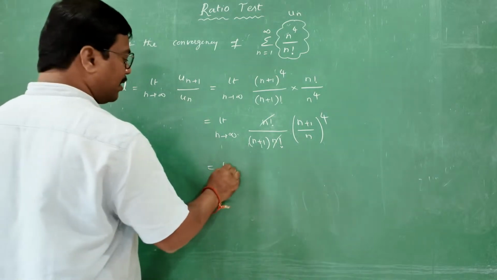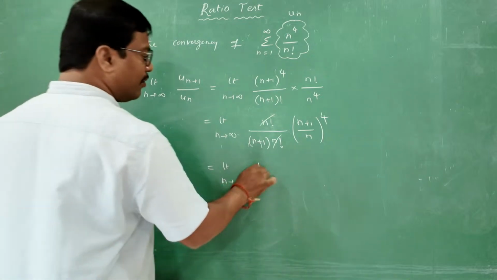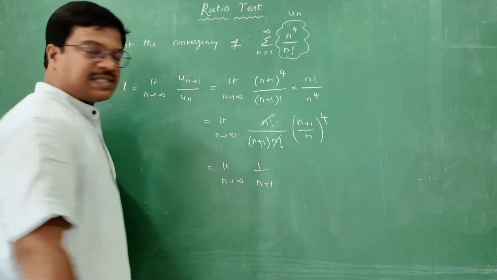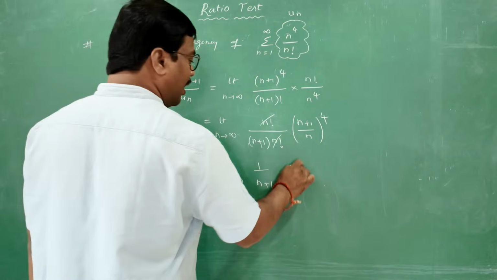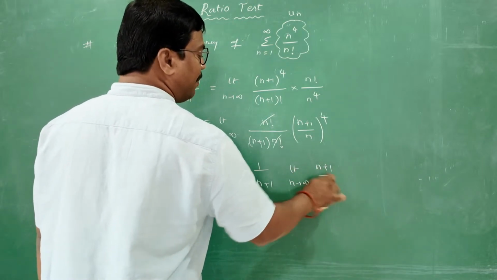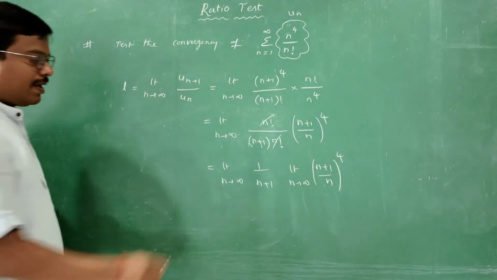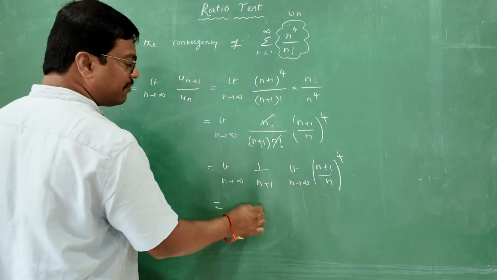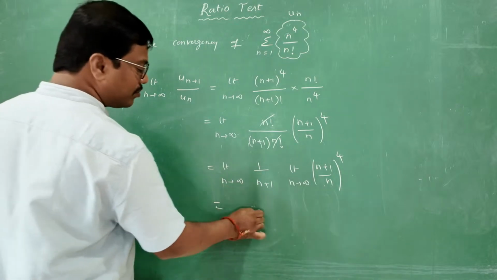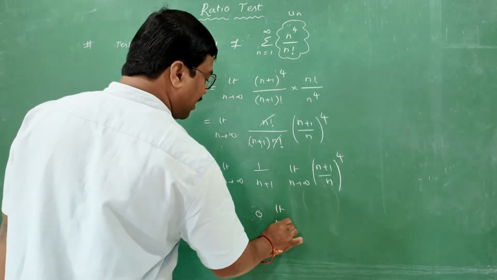Then limit n tends to infinity 1 by n plus 1 separately, and limit n tends to infinity n plus 1 by n whole power 4, I am going to separate. This is clearly 1 by infinity, which becomes 0. And here as n tends to infinity,